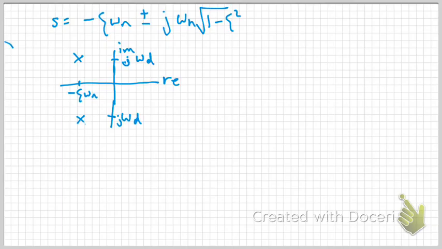So one thing that is nice is that if we take the hypotenuse, we end up with omega n as the length of the hypotenuse. We have that omega d is the height, and zeta omega n is the length of that leg. So that tells us that cosine of theta